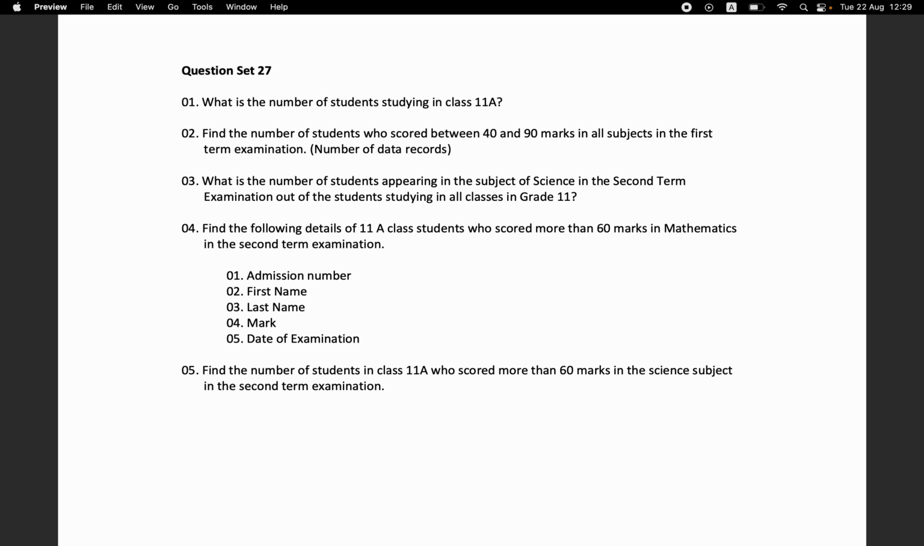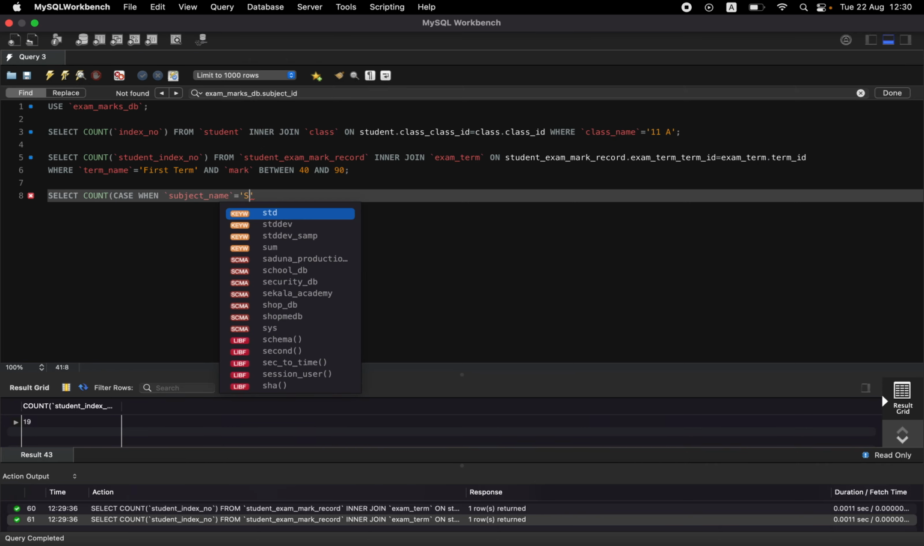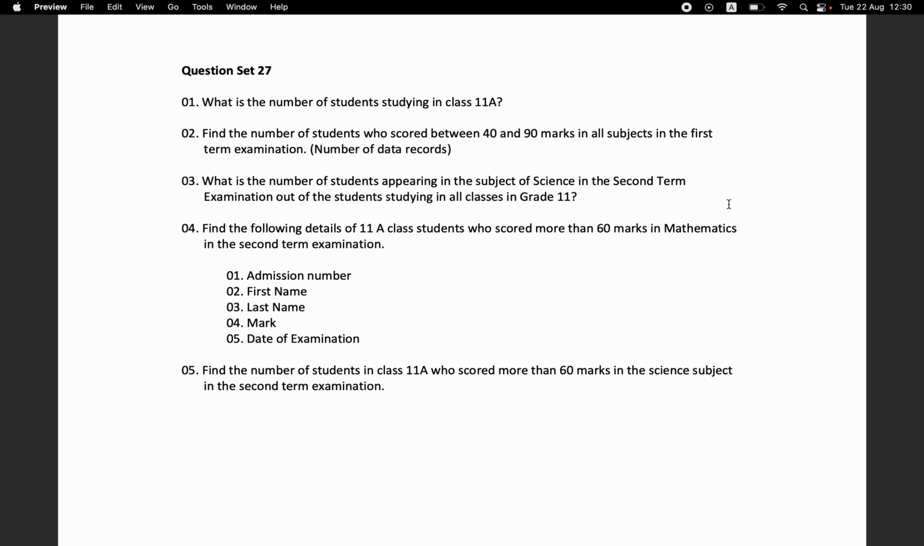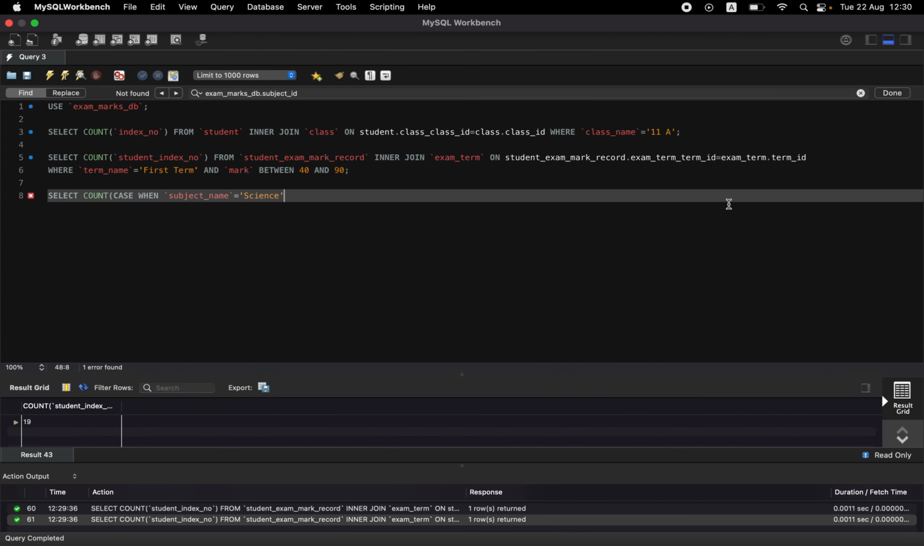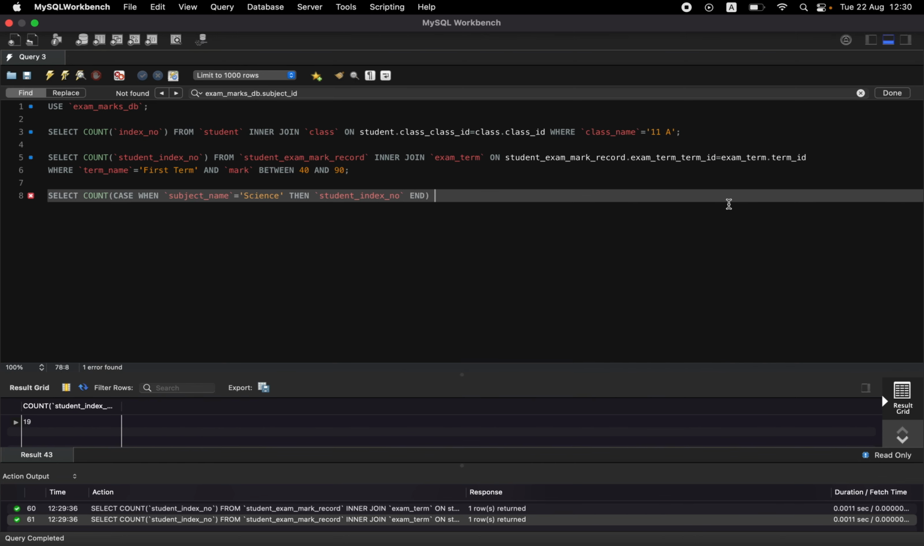The next question is, what is the number of students appearing in the subject of science in the second term examination out of the students studying in all classes in grade 11. So for this, select count, and we are going to use a case statement, case when subject name is equals to science, then I want the student index number, and end the case statement, and I want this results as